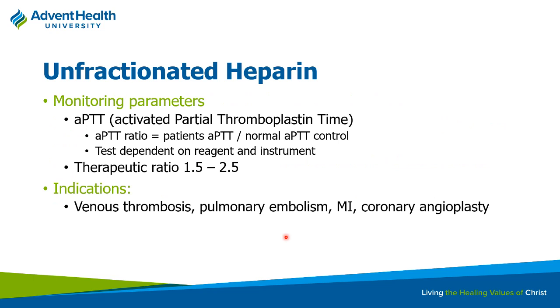Now, how do we monitor for its activity? Because it tends to have a better preference for affecting the intrinsic pathway, you're going to see that this is going to be more affecting the APTT. So classically, this is the most common way we would monitor for the activity of heparin, by measuring the APTT. What you would do is look for a ratio between where your patient's at versus what the normal would be, right? So for instance, you may be shooting for a therapeutic ratio of, say, 1.5 to 2.5